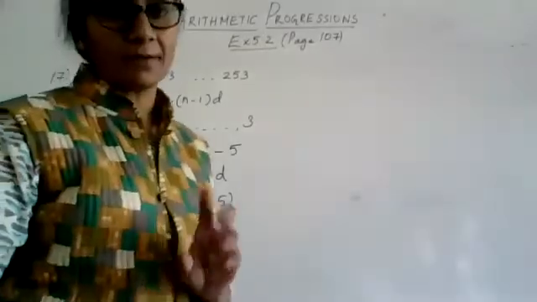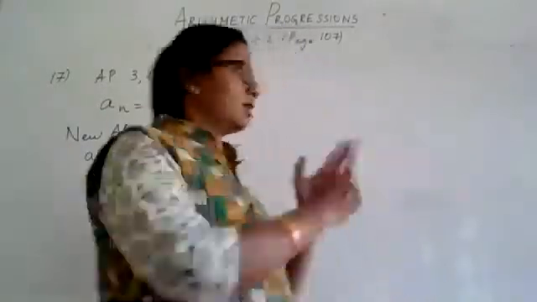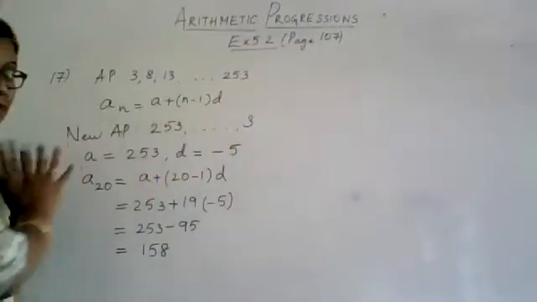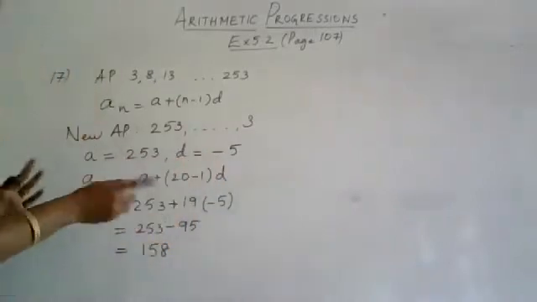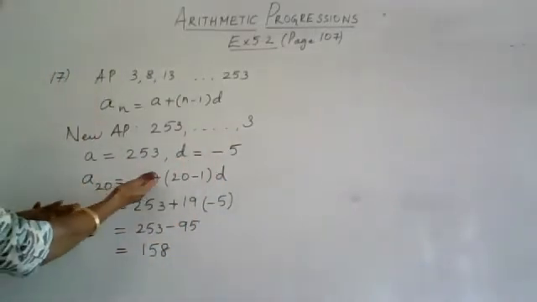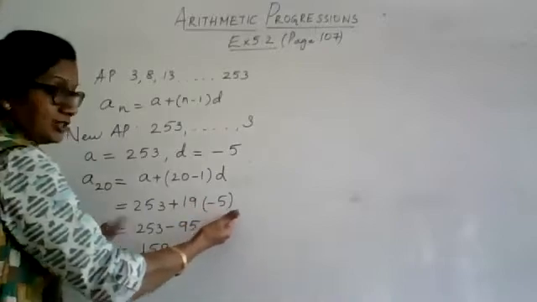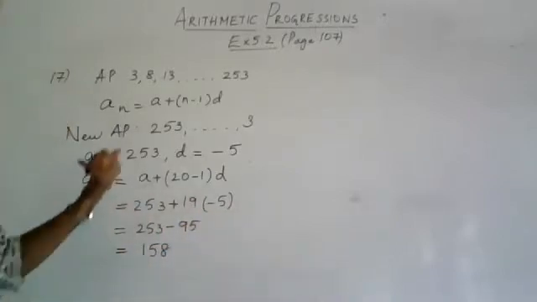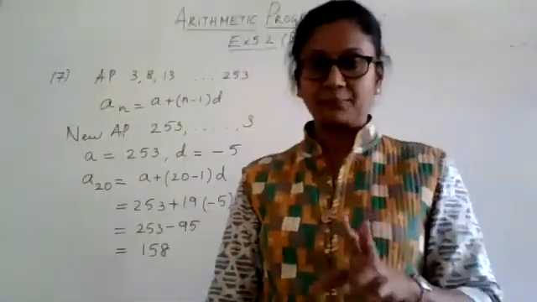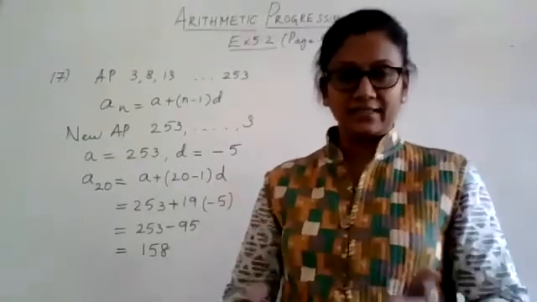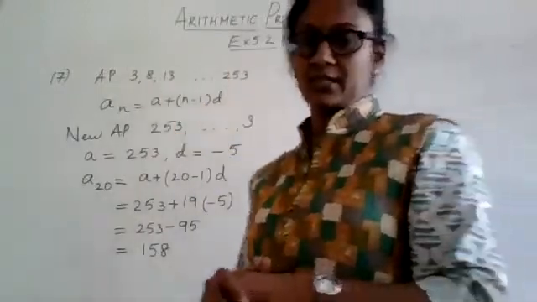When they are asking you for a particular term from the end of the AP, or from the last term of the AP, you should flip the entire AP and write the new AP like this. Using the new AP, now find out what is a and what is d. Once you find out a and d, the formula remains the same: a_n equals a plus (n minus 1) times d. So substitute your new a and the new d that you have, and hence find out the 20th term from the end of the given AP. Okay, one such question I am expecting in section B, because normally they don't ask this, but it can happen because there is an understanding that you have to reverse the AP.